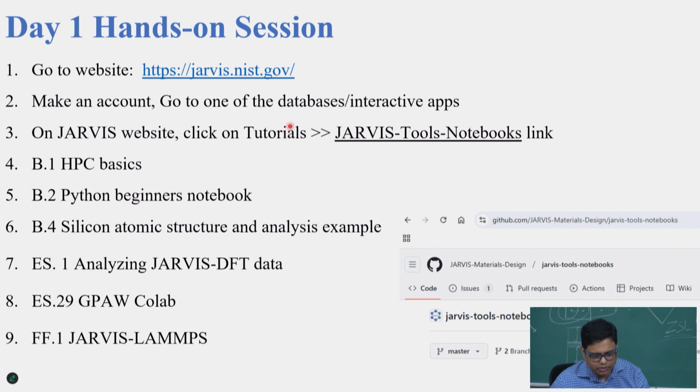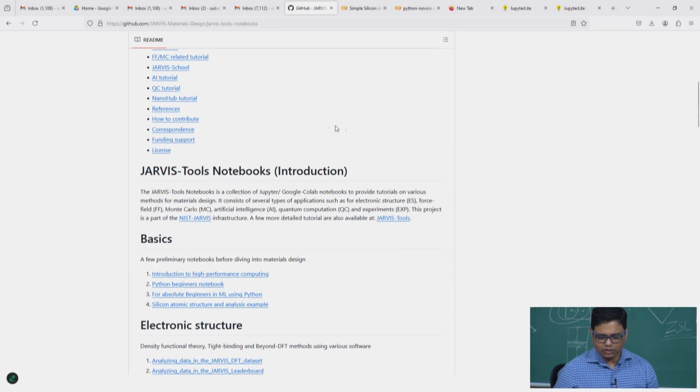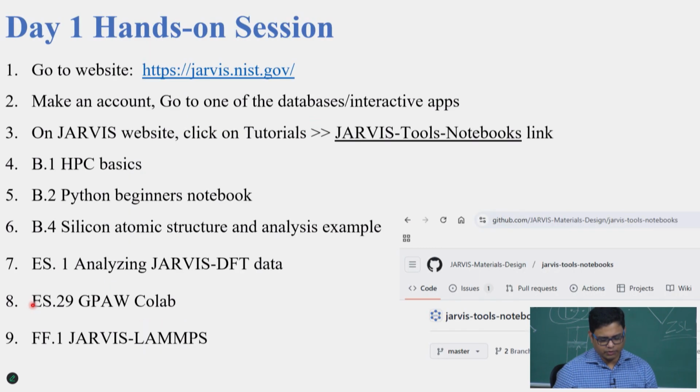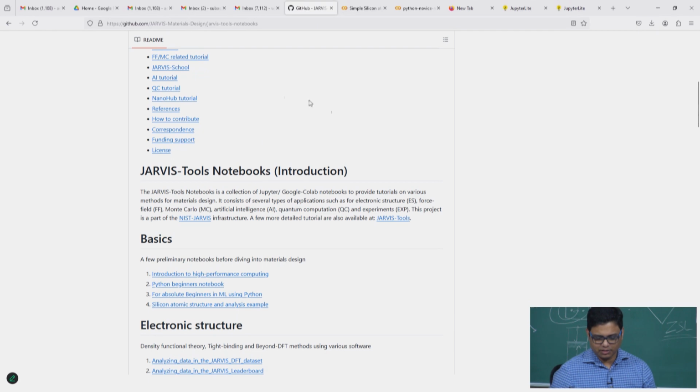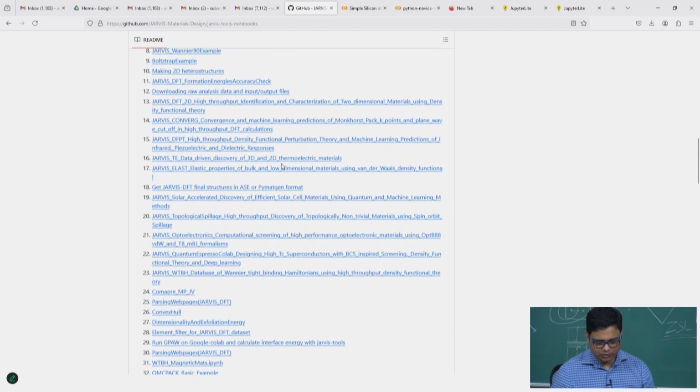Oh, we are too slow, so to speed up a little bit. So 7 is ES1, electronic structure data, or maybe you should start with ES29 first. ES29, which is